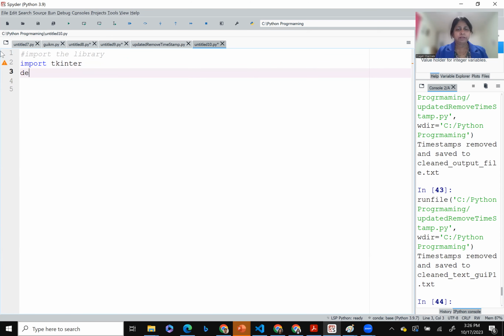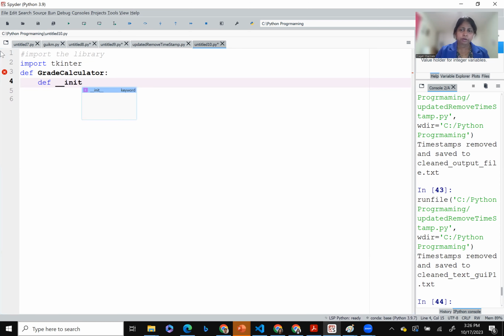Okay. And let's define a class. Let's say GradeCalculator. So that's the name of my class, GradeCalculator. And let's create an initializer, self, and then I'm going to create a main window first. So I'm going to say self.main_window